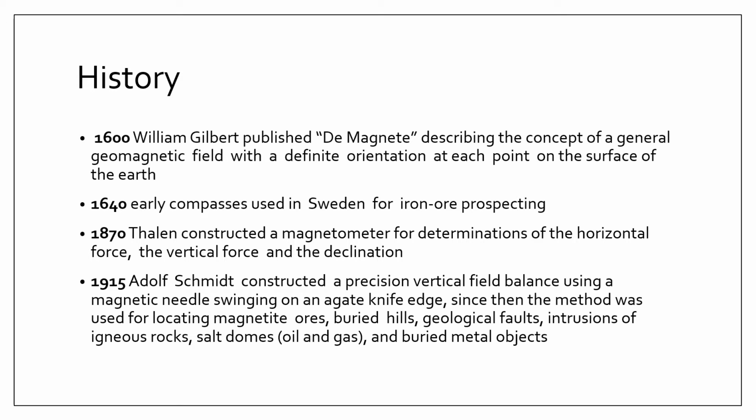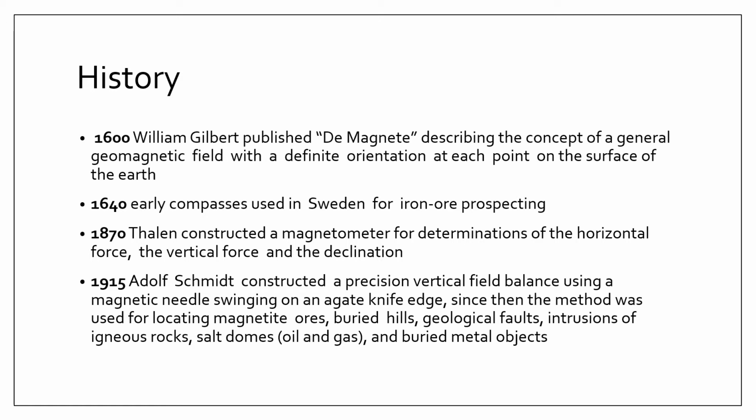In the 1600s, William Gilbert published a book on the concept of the Earth's magnetic field, which actually varies or has a definite field orientation at every point in the Earth. So this concept of magnetism or geomagnetism was described as early as 500 years ago, or rather 400 years ago, sorry. And then 40 years later, we had the early compasses in Sweden